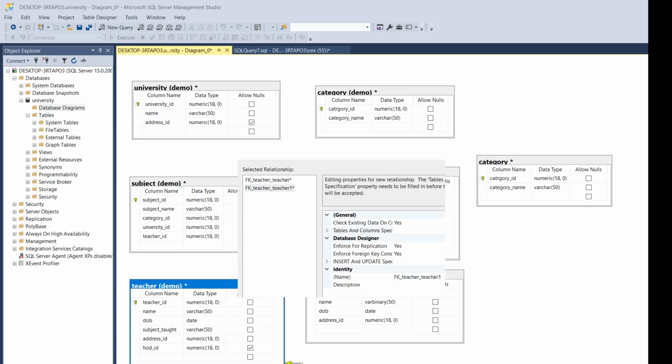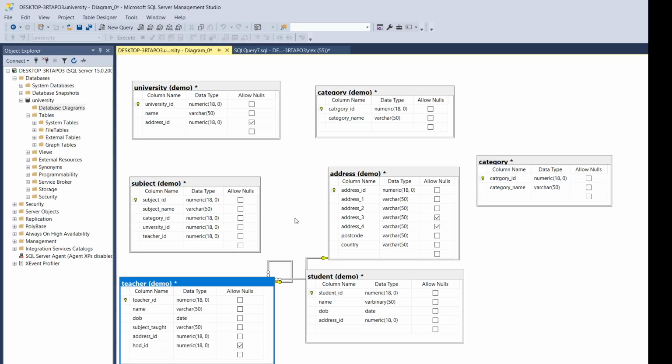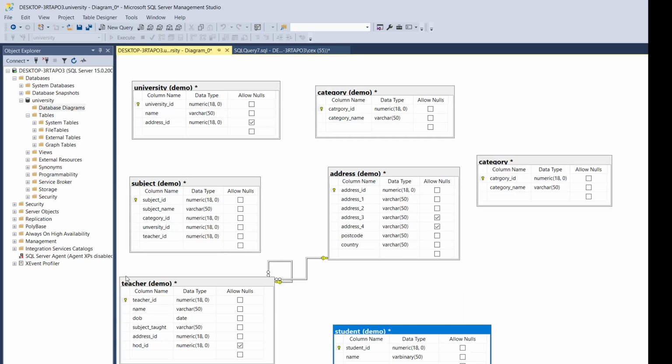For example, if we want to define the relationship between teacher and address, where we will be selecting the address table, and in the address table the address ID is the primary key. Likewise, in the teacher table, address ID is existing, so we are defining that relationship over there. If we can close it, now you see the self join on teacher, because of HODs and teacher ID, and also